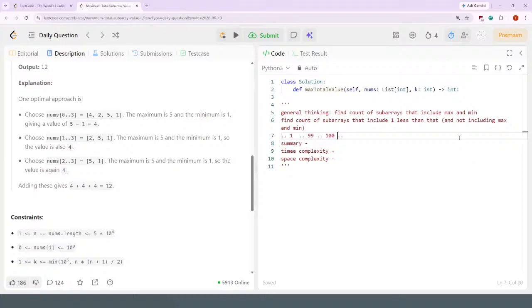Oh boy, okay. So what does this say? The number of subarrays that include 1 to 100 would be all the subarrays that include 1 and earlier as a starting index, and 100 and later as the ending index, wherever the index of 100 is. This feels like